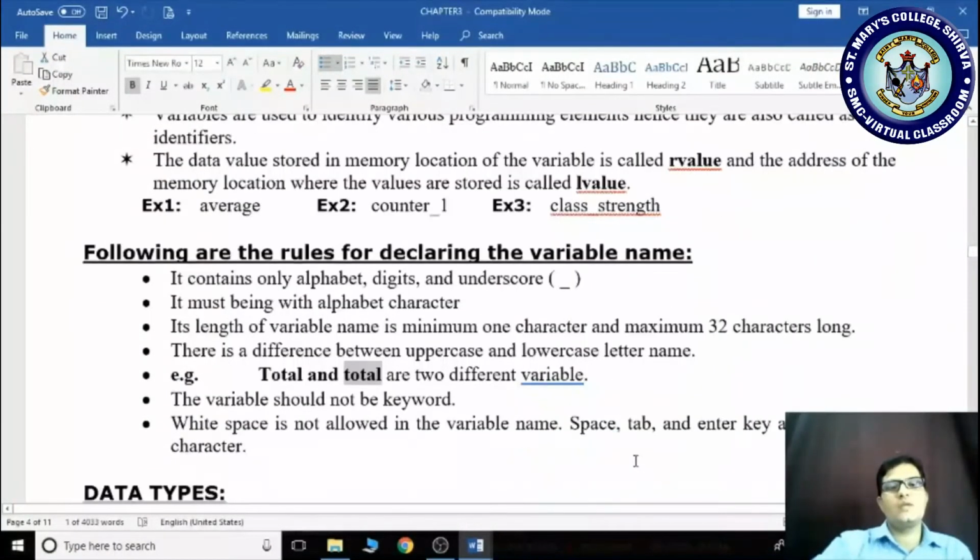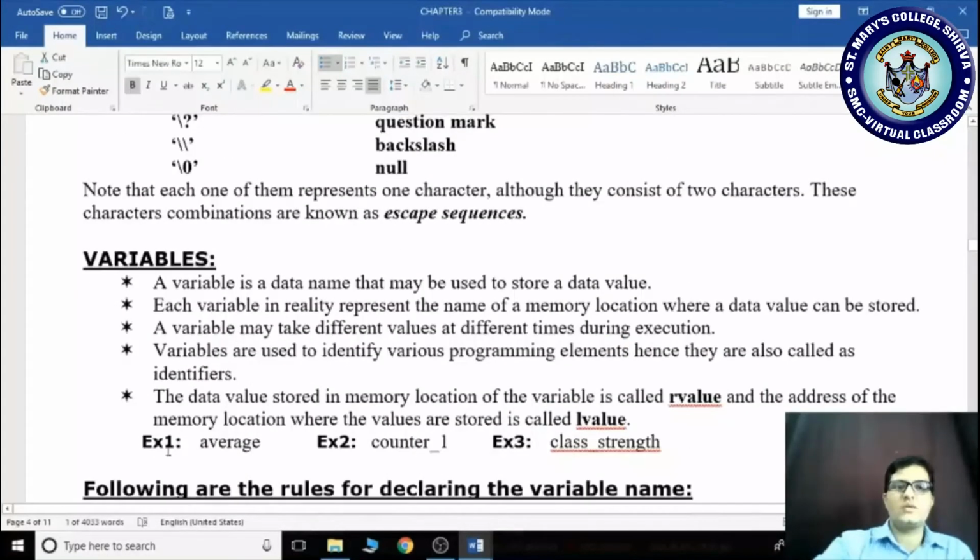While naming a variable, you should not use keywords, and you should not give any white space or blank spaces. White space, tab space and enter keys are not allowed in the name of the variable. What is a variable? A variable is a name given to a data storage location. The value of the variable may change during program execution.